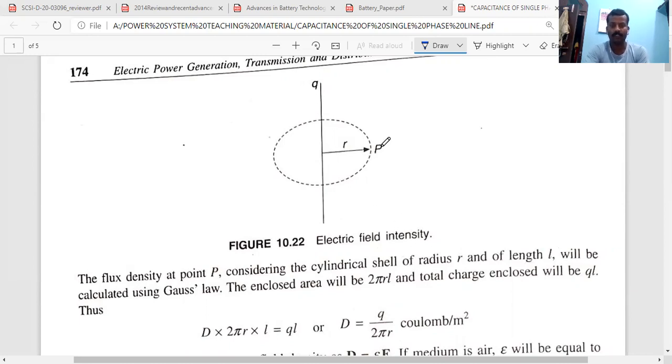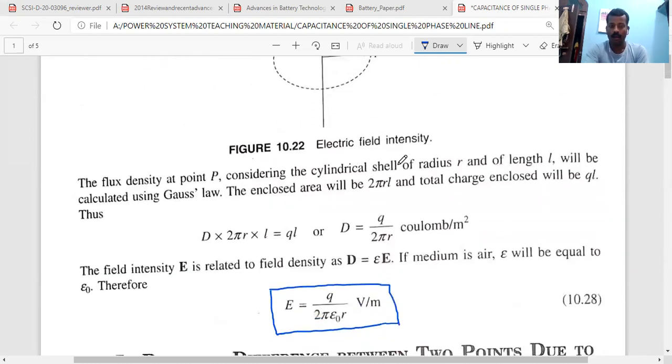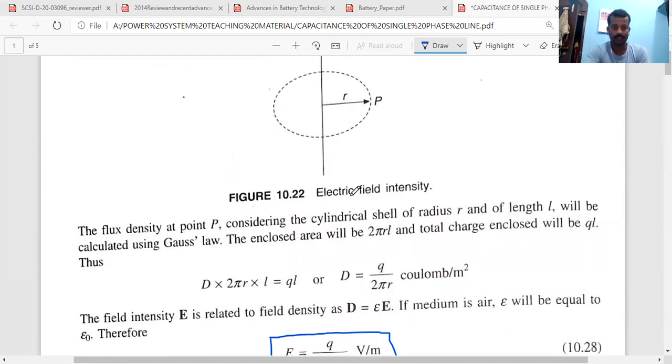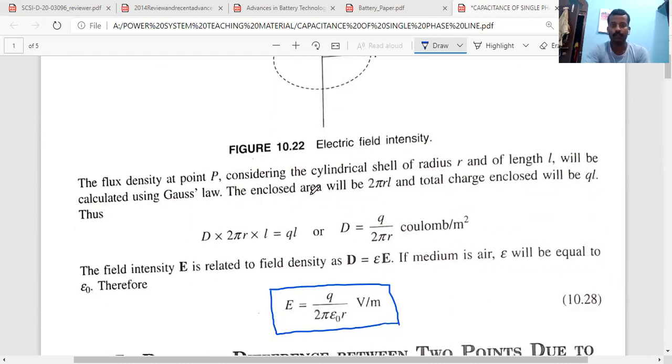Consider a random point P at radius r, and this line has charge density with total charge Q, and the length of this conductor is L. Hence, the enclosed area will be 2 pi r L